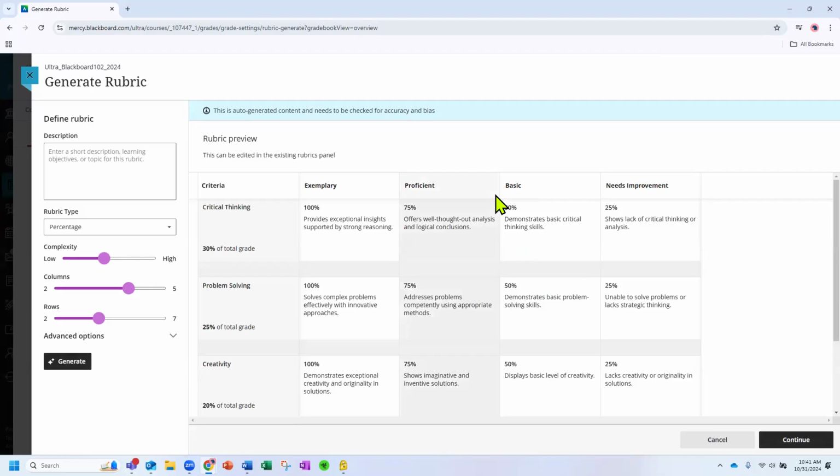You don't have to use this. This is just what the AI can generate at first. You want to focus your time here where it says define rubric. And then in this description, this is where you will prompt and tell the AI what you want. So for example,